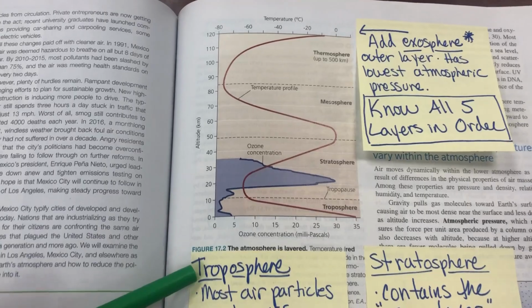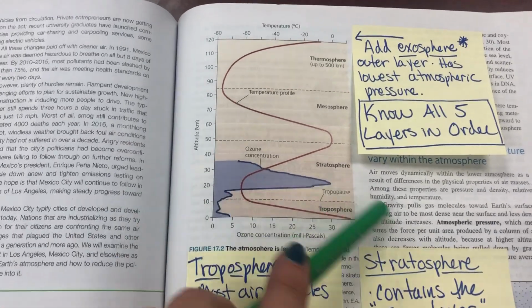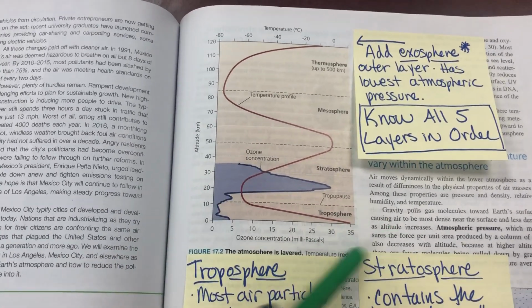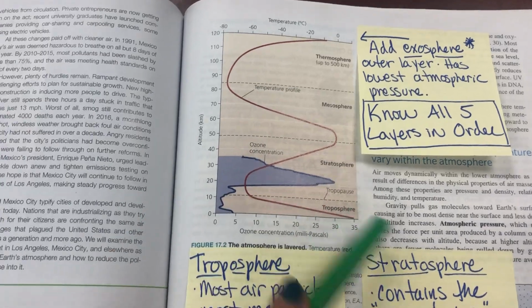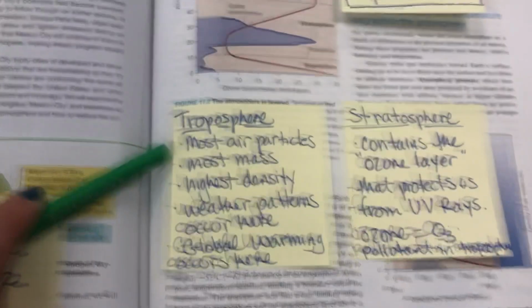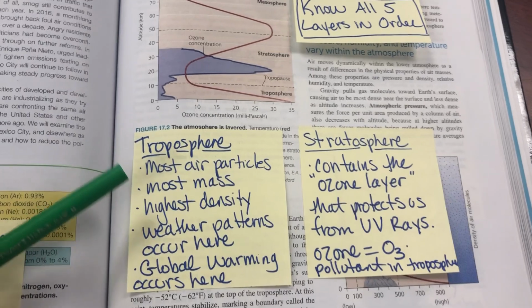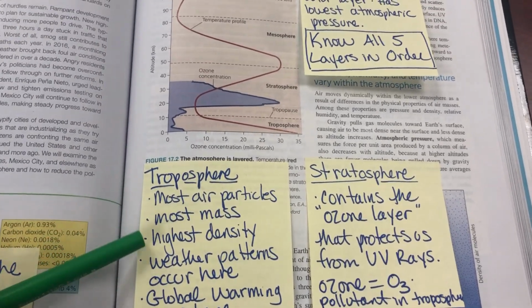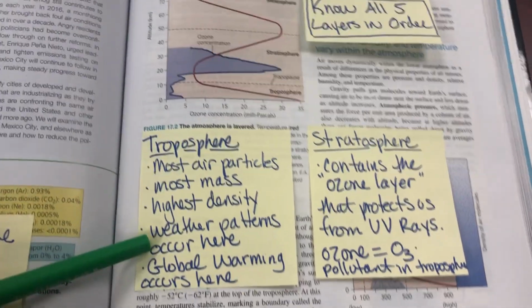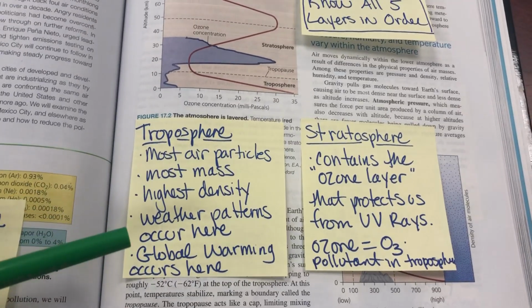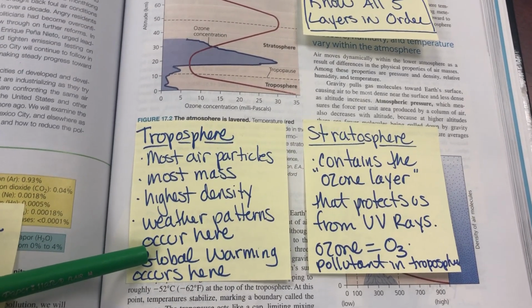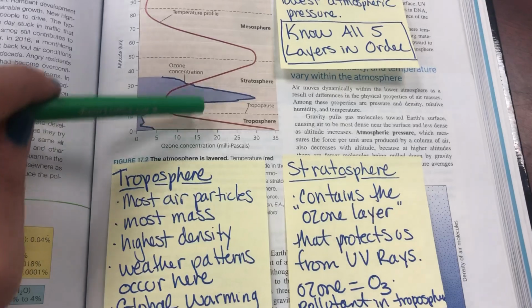Now, the troposphere, this is where we live, okay? This is where humans, for the most part, function. This is the layer that we care the most about. This is where the majority of your air particles are, most of the mass. It's the highest density. This is where all weather occurs. This is also where global warming occurs. All right? Now, when you go up to the stratosphere